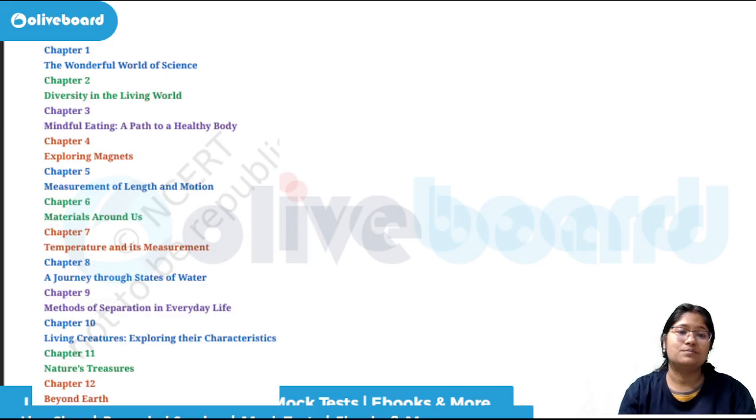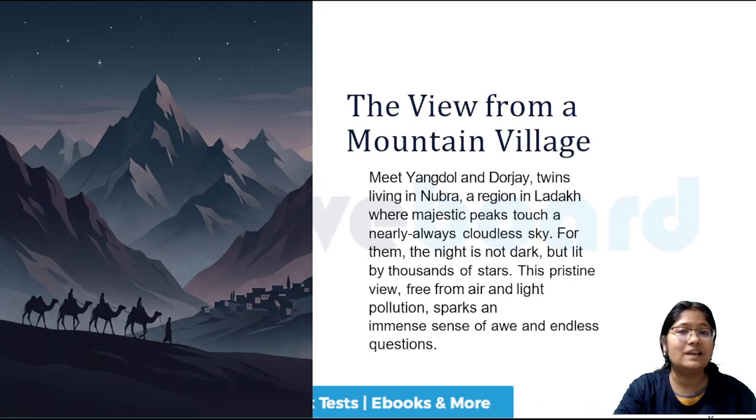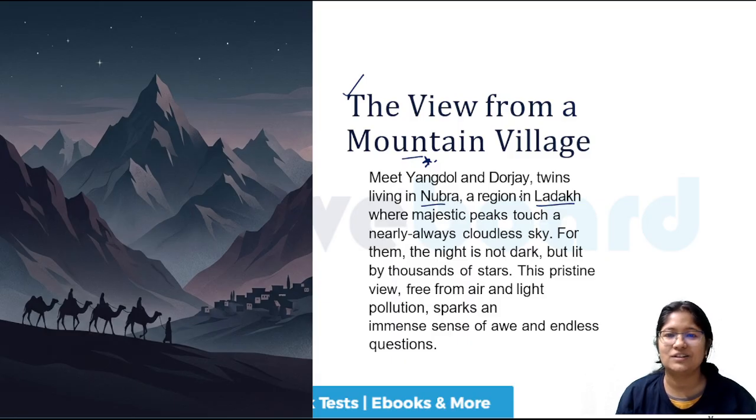The name of the textbook is Curiosity. This is chapter 12, Beyond Earth. This is also the last chapter from this textbook. Now, consider the view that we get from a mountain village. In this particular case, Nubra Valley is being considered, which is a region in Ladakh where majestic peaks touch the